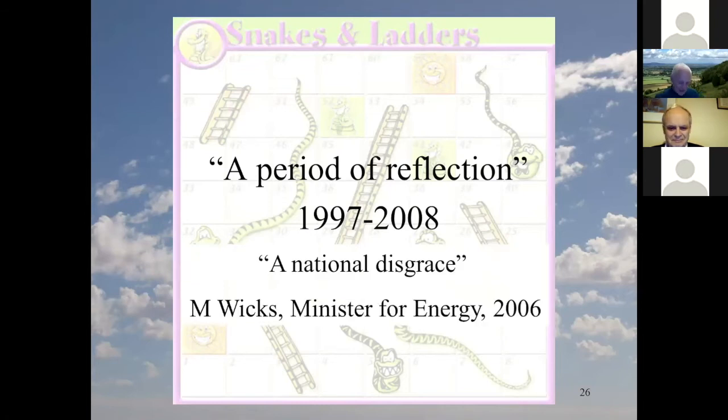Malcolm Wicks had no doubts on the matter. He said this was his view. It was a national disgrace. Anyhow, a substantive report,